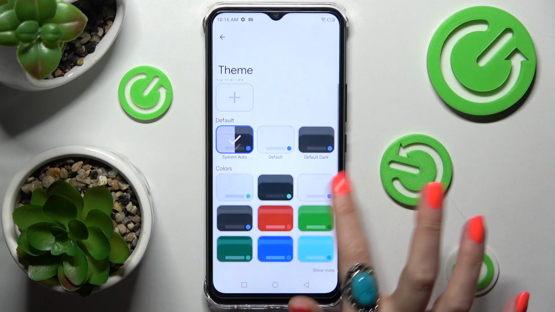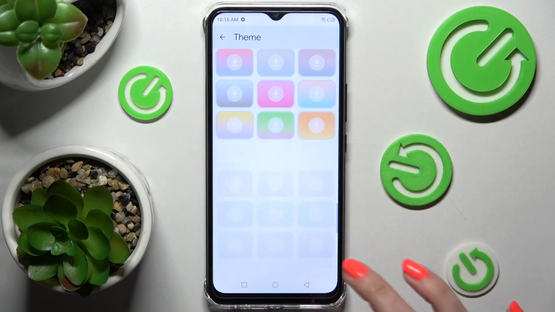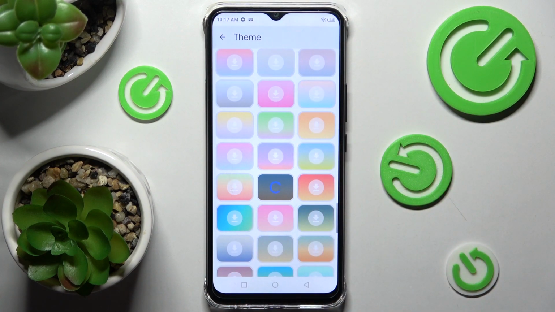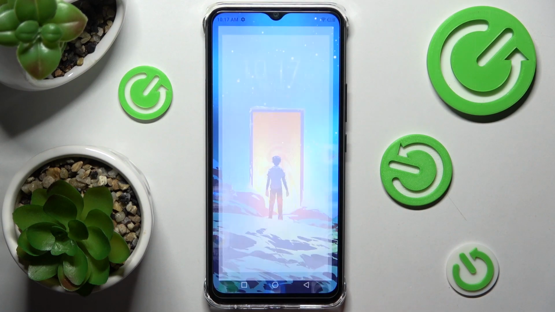Then click on Show More to see all the available ones, and when you're ready, click on the best one for you. I will go with maybe that one. Now you can manage key borders by clicking on this switcher, and when you're finished, click on Apply. When I go back, as you can see, theme of my keyboard